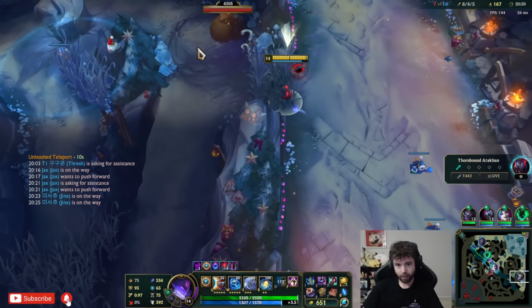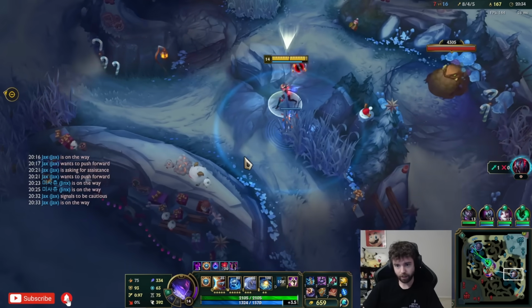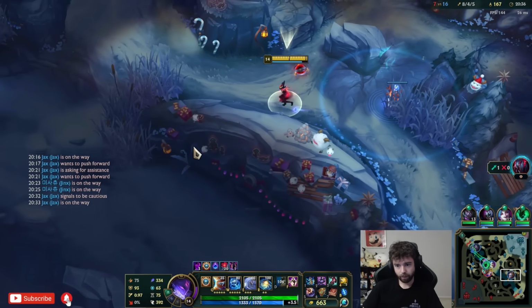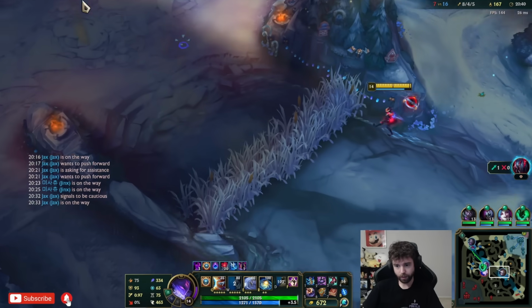I do not know if I can beat Ambessa in a 1v1 side lane, so I'd prefer to just fight as a team, if anything. I could definitely beat Lux in a 1v1, but Mundo's not really split pushing, so...